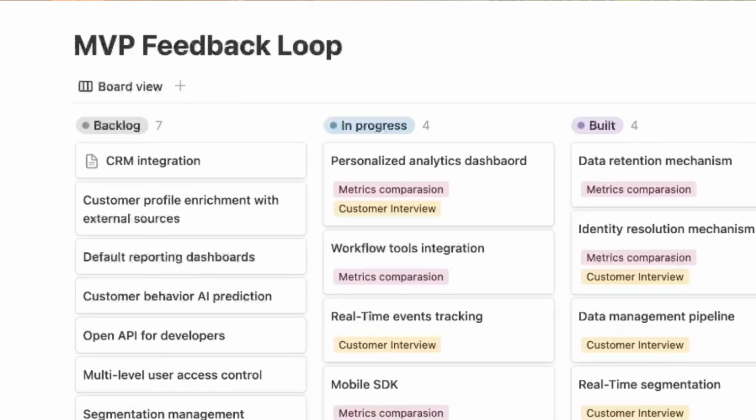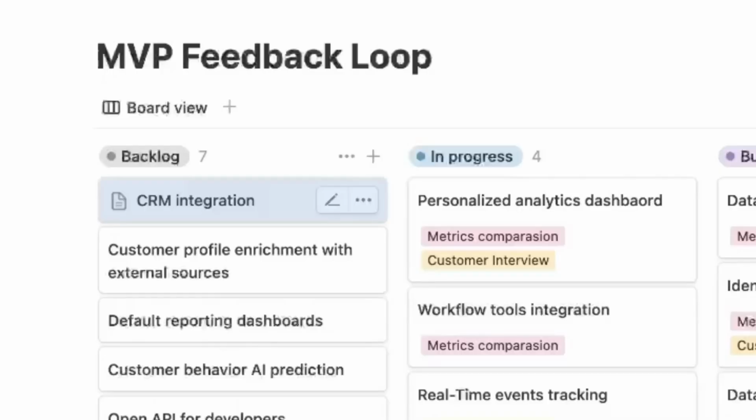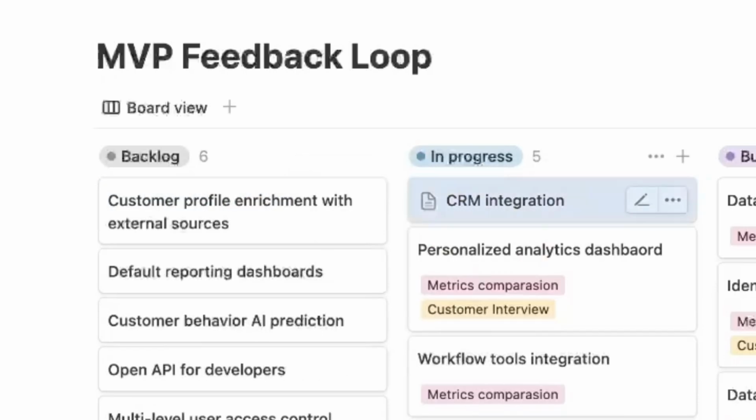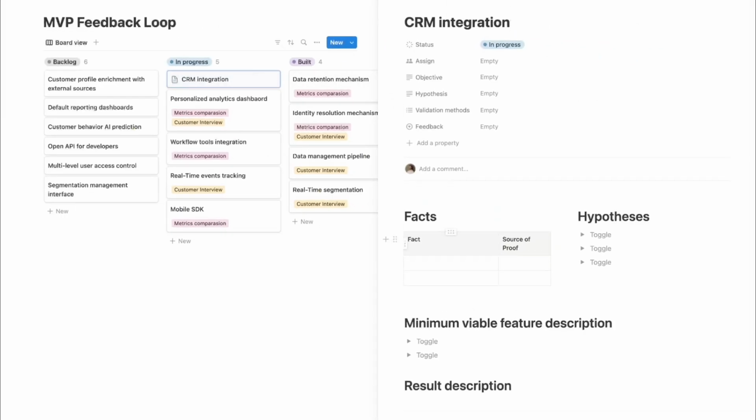Right now it exists in our backlog and we decided that we might want to build it. As far as we're considering building this feature, we're moving it to the in progress state. This is where all the product management and software development activities will happen. Once it's in progress state, let's define what this feature is about. I open now the CRM integration feature, and here we're going to list all the facts and hypotheses that we